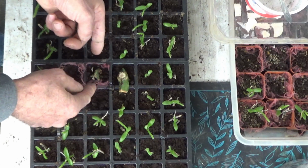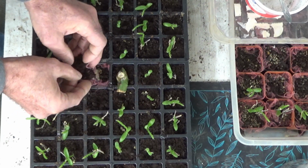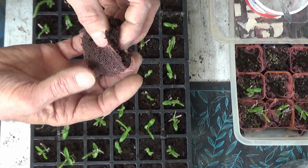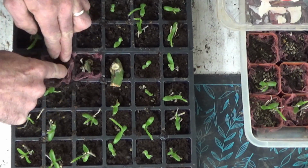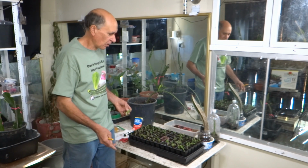So when I go to remove the cutting later on, all I have to do is grab the whole thing, lift it out, and I should be able to keep the root ball intact. So I'll just pack that back in and I'll move on to the next step. Now I've got everything set up, ready to go. I'm going to use my Burpee